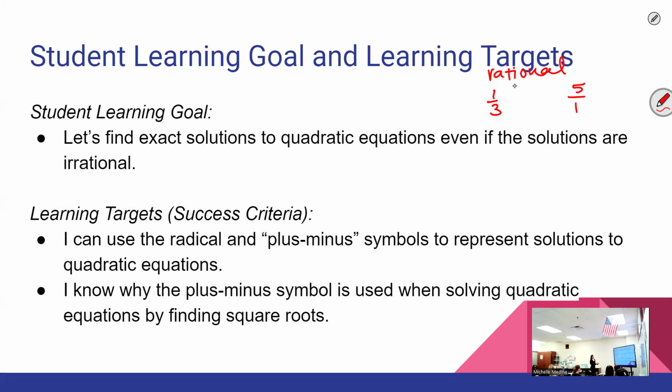So like 1/3 is 0.3 repeating. It's a decimal that goes on forever, but it has a specific pattern, so it's considered rational. If the number is irrational, that would be a decimal that goes on forever without repeating. A classic example is the number pi, which is 3.14, and I don't know the rest. But it goes on forever without any certain pattern. So that includes numbers like pi or non-perfect squares,